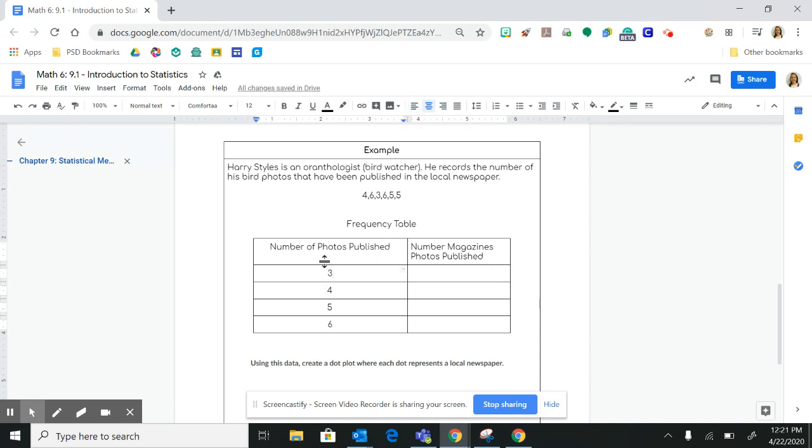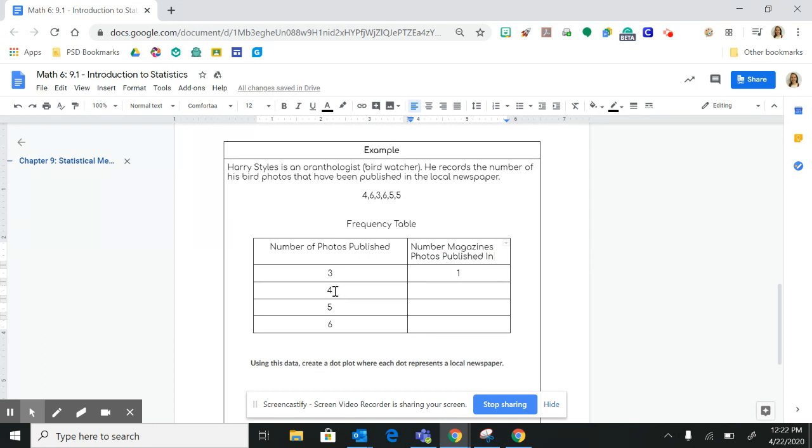So whenever he published 3 photos, let's see how many times we have 3. We only have 1 3 here. So I would only write 1 because it's only been published. 3 photos have only been published in 1 magazine. Okay. So actually this would be number of magazines, photos published in